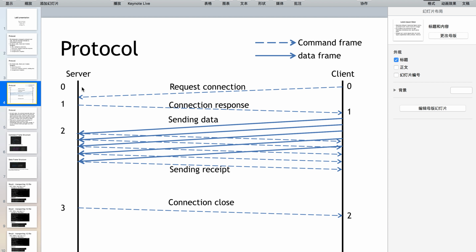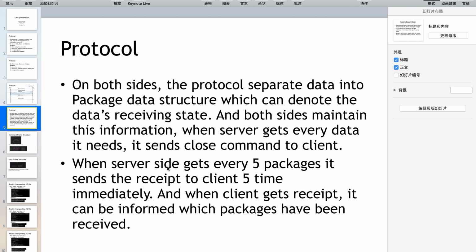First, the server is waiting for the connection. After the server receives the connection request, it sends the response, and once the client receives the response, it will send the data. It will send 5 packages at a time to the server, and once the server receives the packages, it will send the receipt to the client 5 times immediately,